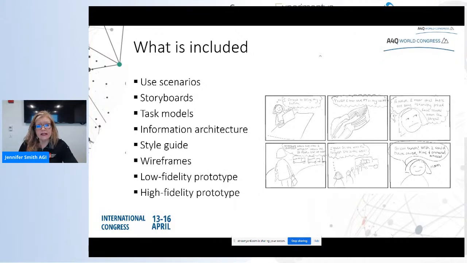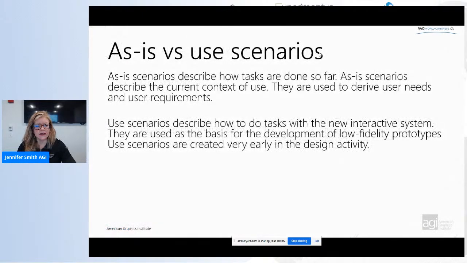A style guide to indicate branding and voice, that sort of thing. Wireframes, so that you can actually see what it's forming into. Low fidelity prototypes, which are really quick, either paper prototypes or balsamiq mockups, or high fidelity prototypes. So going through this quickly, I explained the difference between as-is versus use scenarios, and I'll make sure